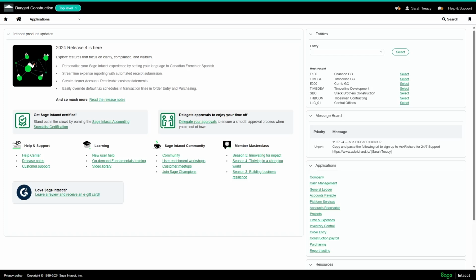So this is just some errors that I've seen pop up while I've been testing, or ones that I've seen come in from clients that seem to come up again and again. It is by no means a complete list of the errors within Intacct. So if you come across one that we do not cover, then by all means, leave us a comment, let us know, and we can get a video created on that.